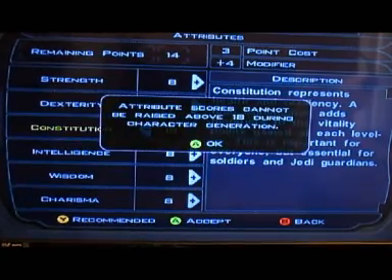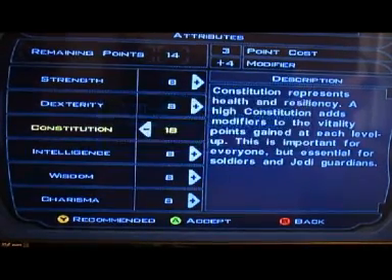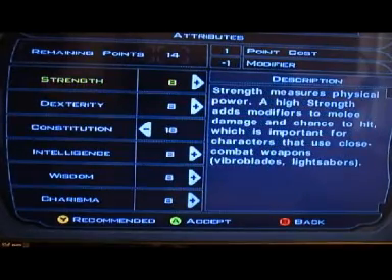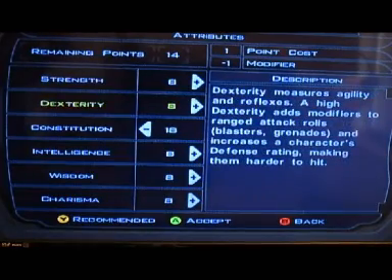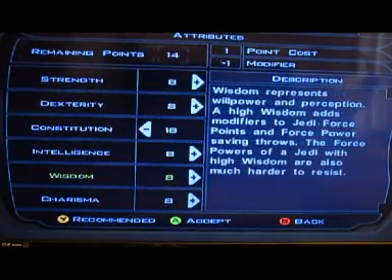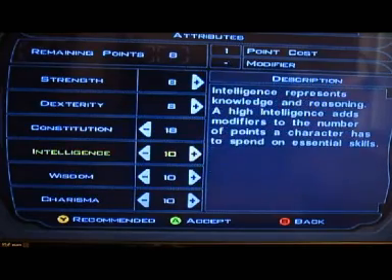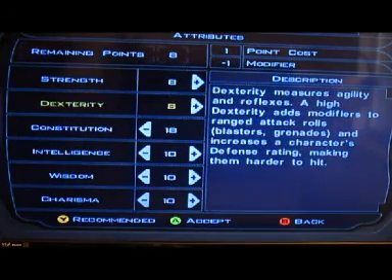And attribute scores cannot be raised above 18 during character generation. That's 18. There should be an ability increase at 4th level and 8th level to keep track of for some of your different modifiers. Now for wisdom and intelligence, I'm going to go ahead and leave that at 10. And dexterity,